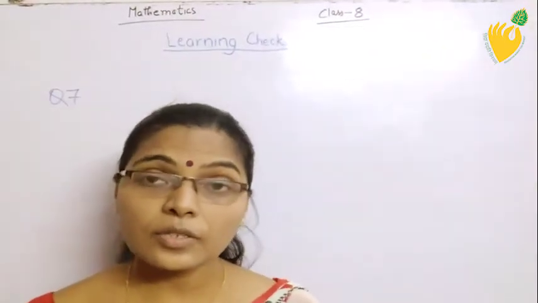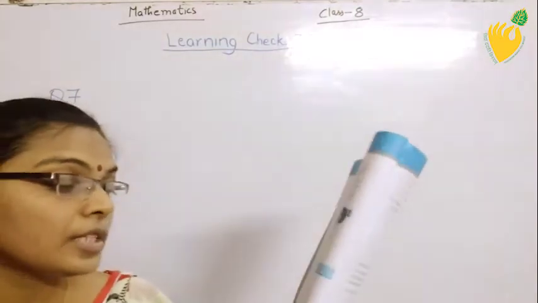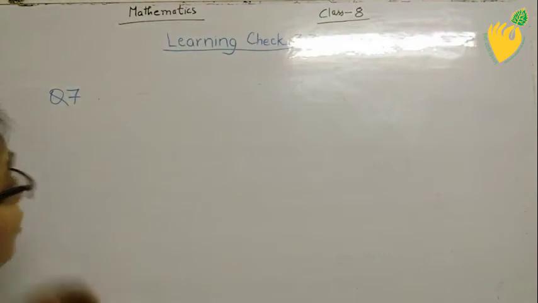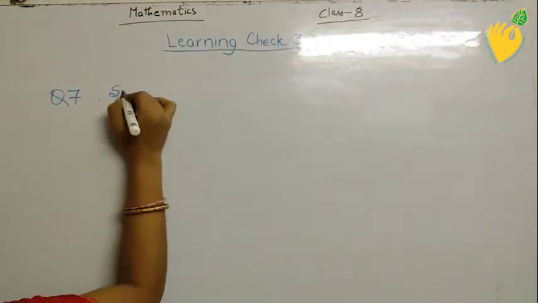Now students, let's see the next question, that is question number 7. What is the least number of 4 digits which is a perfect square? What you have to find, students, is the least number of 4 digits which is a perfect square. For that, first you will write the